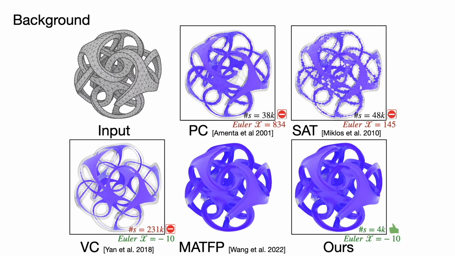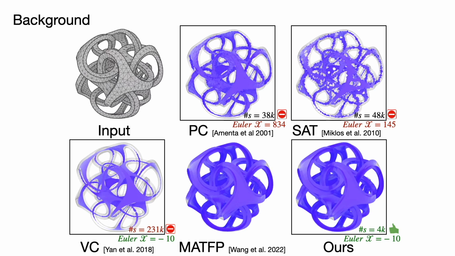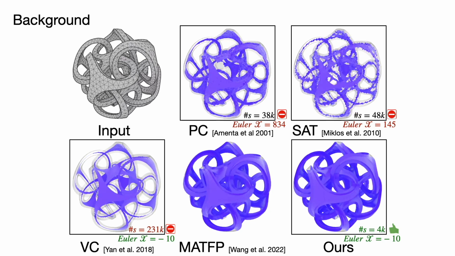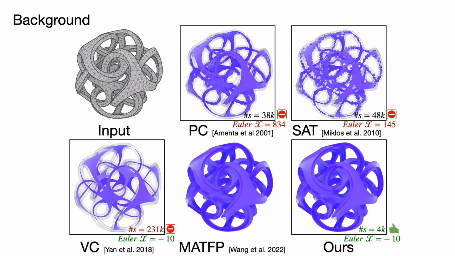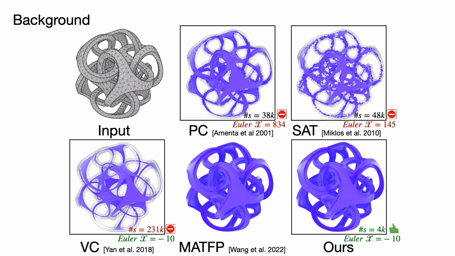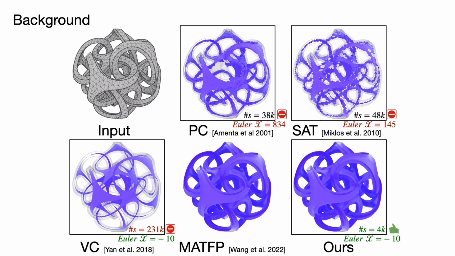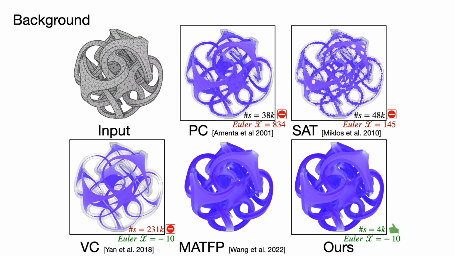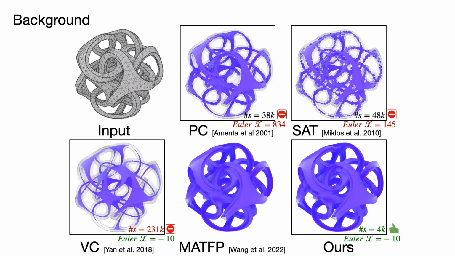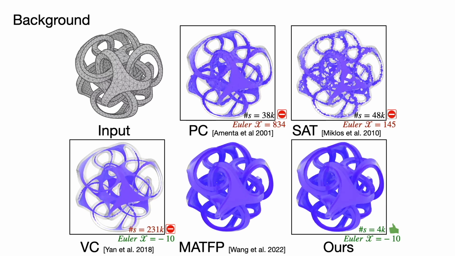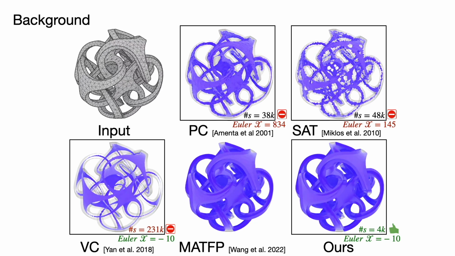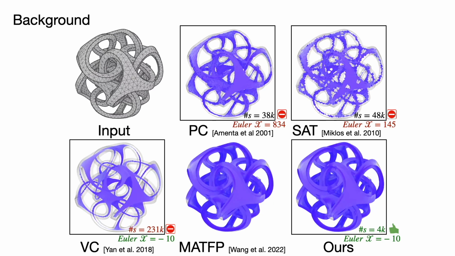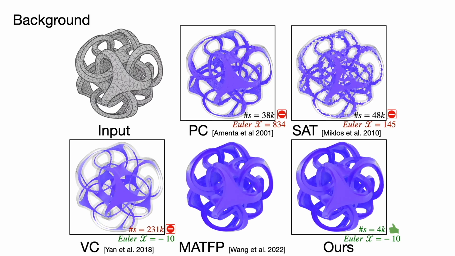Existing methods often consider these three properties as a trade-off. Classical methods struggle with topology correctness, such as power crust, PC, and the scaled axis transform, SAT, or require a large amount of medial spheres to preserve homotopy equivalence, such as voxel core, VC. Additionally, all of these methods perform poorly in terms of geometric convergence when approximating non-smooth CAD models with convex sharp